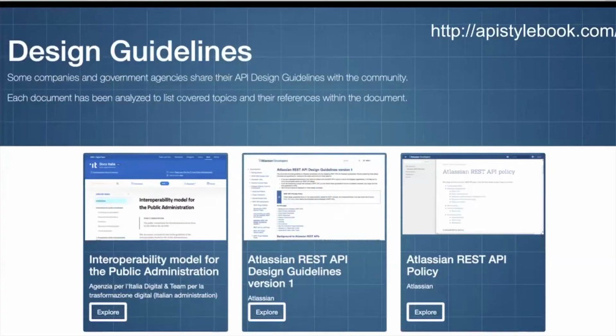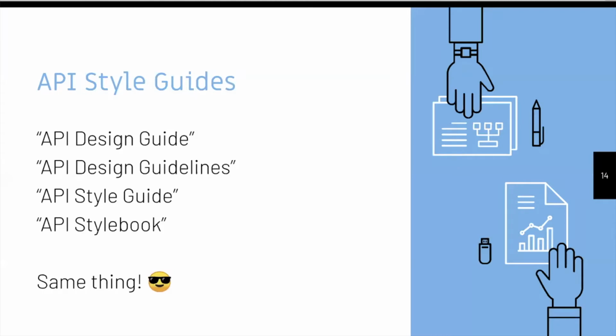And so what's left? Usually a lot of companies will start making API style guides, API design books, API design guidelines. There's a million different names for them. This one website, apistylebook.com, has a collection of all of the ones that are public and known about. And it ranges from everything from Atlassian to the White House. There's loads of these style guides, and they're pretty interesting to look through. They have a million names. It's all the same thing. API Land loves to come up with 10 different names for exactly the same thing.